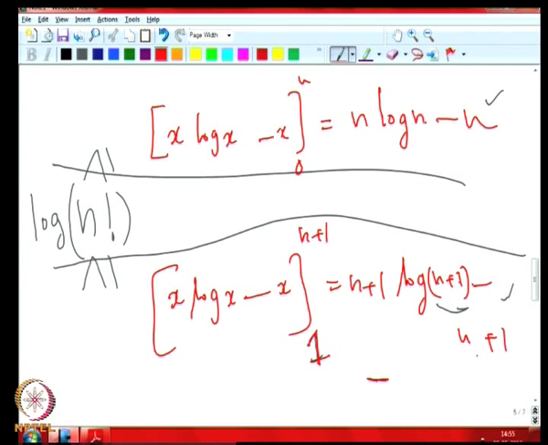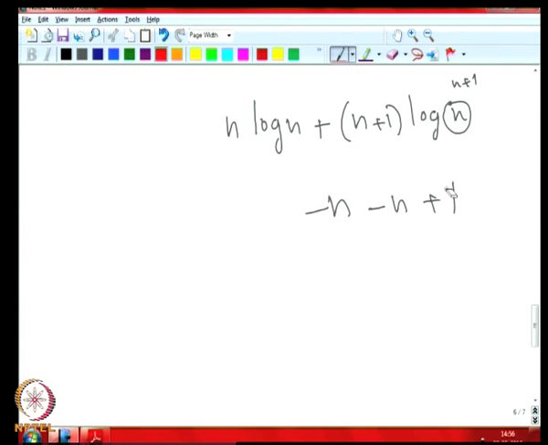Right. So, here this is minus n plus 1, and then here a minus of minus 1, that is a plus 1 will come. So, when you have n plus 1 log n plus 1, this minus 1 and this one, this is minus 1 and this one will cancel. So, finally, what would remain here is n plus 1 log n plus 1 minus n, because I just forgot in the earlier discussion that there was a 1 here. So, there will be a contribution from here, that was why minus of n plus 1 was coming. Now I corrected it, it is just this. So, therefore, that is just